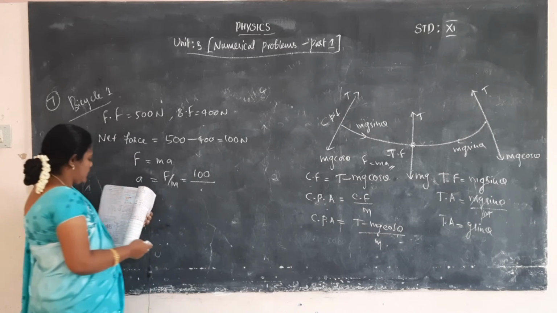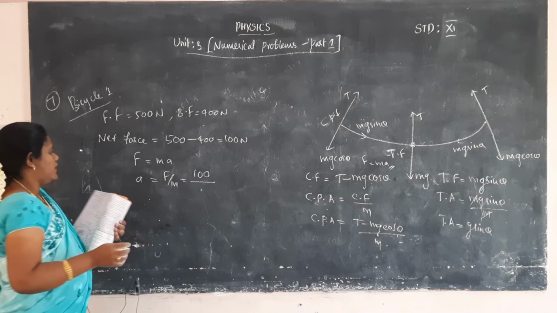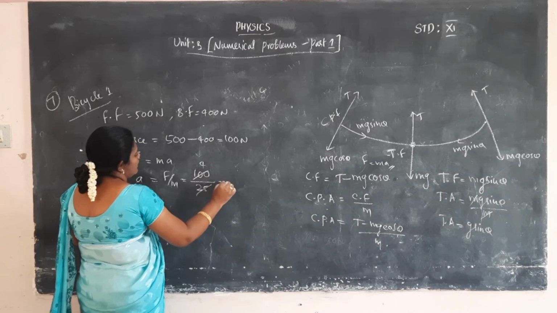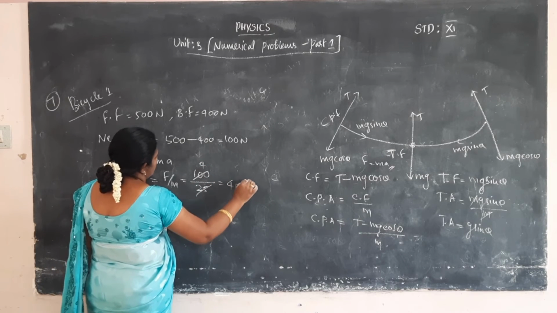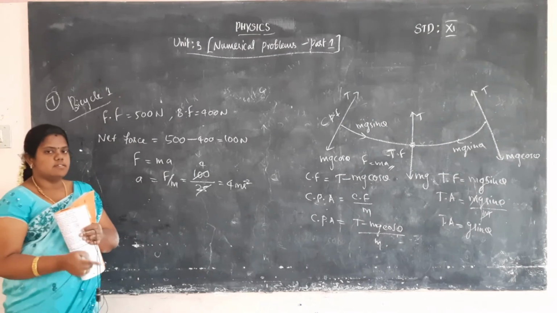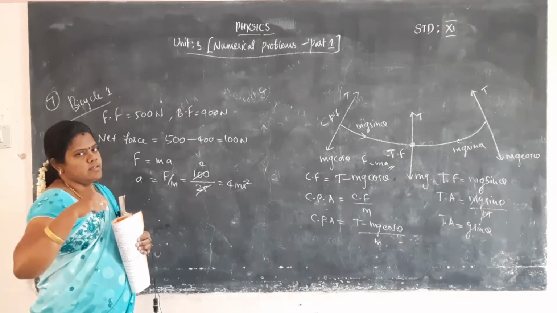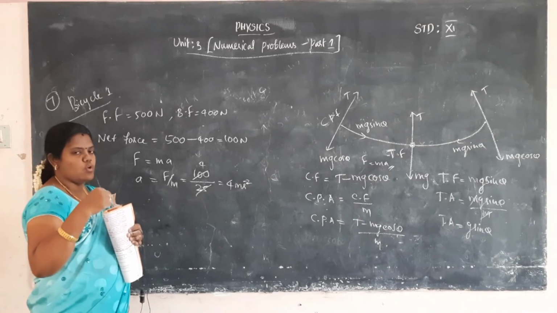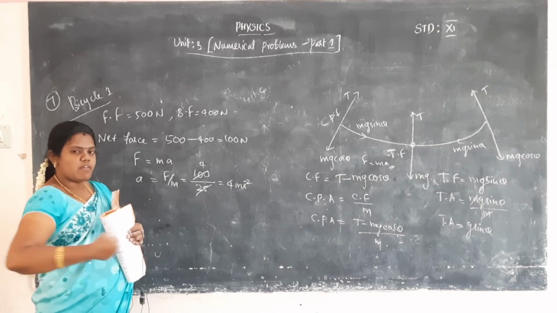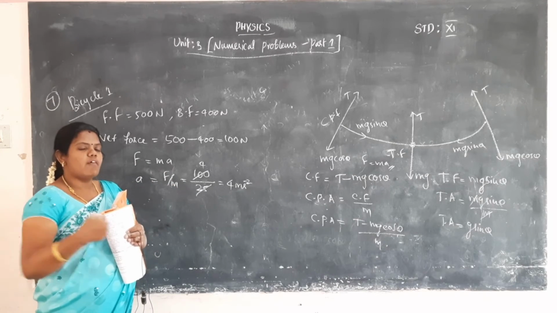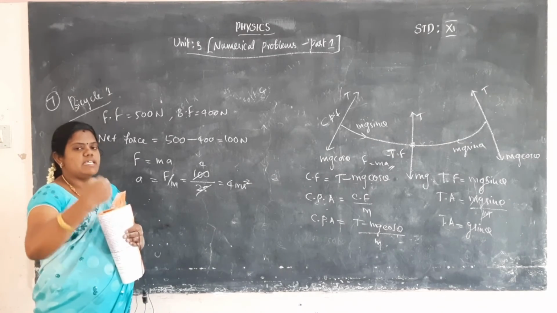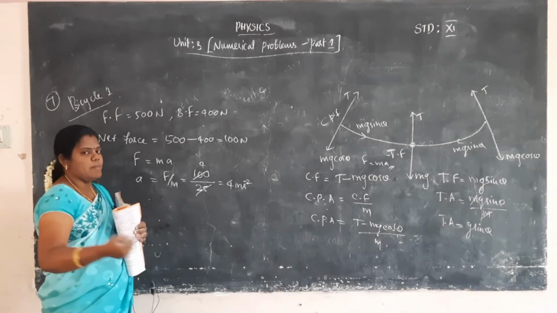What is the mass value? It will be given in our book, that is 25. So 25 times 4 is 100. So the acceleration is 4 meter per second squared. This is the acceleration of the cycle. The cycle will be moving on a road. The front wheel will be having some force, the back wheel having some force. We want to calculate the force that will be acting on the bicycle, and that is the way we calculate the acceleration acting on the bicycle.